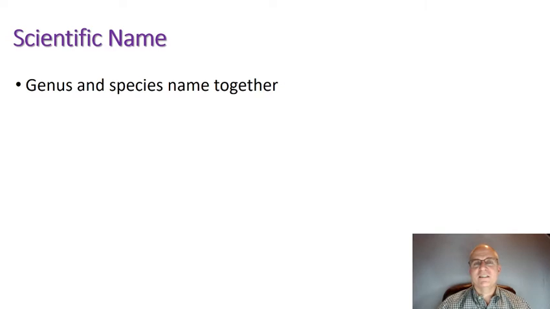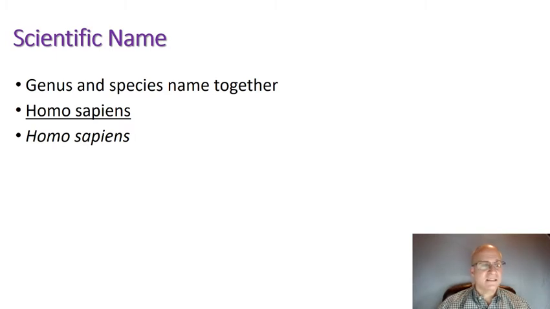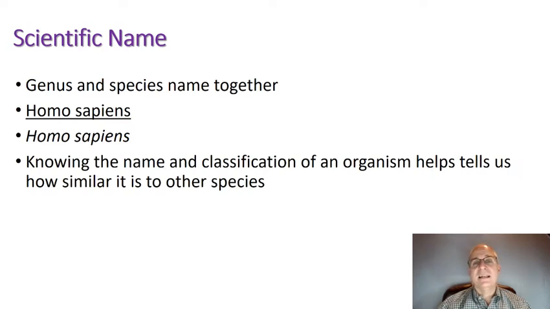So when we talk about the scientific name of an organism, we're talking about the genus and the species name together. For instance, when we talked about humans, we wrote the scientific name as Homo sapiens. Now note in this case that the word homo and sapiens are both underlined. That tells us that this is the scientific name. Or we could take the scientific name and put it in italics. Both writing the name either way like this tells us that we are looking at the scientific name of an organism. And in this video, when I put up scientific names, I will always italicize them to make them stand out.